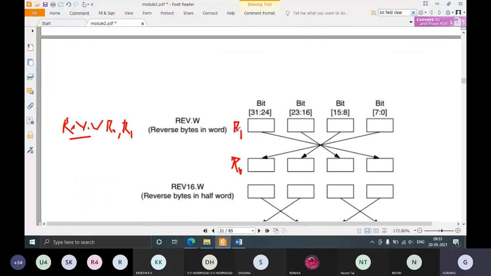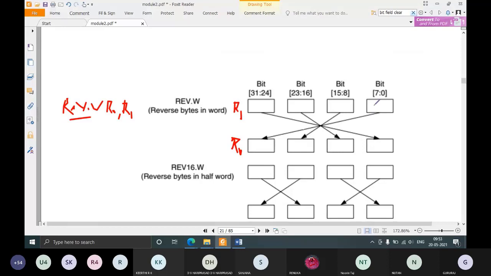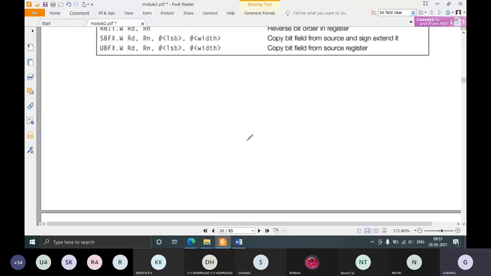R1 already has some value, so let's say that value is 12345678. REV.W R0, R1 will reverse the bytes in the word.